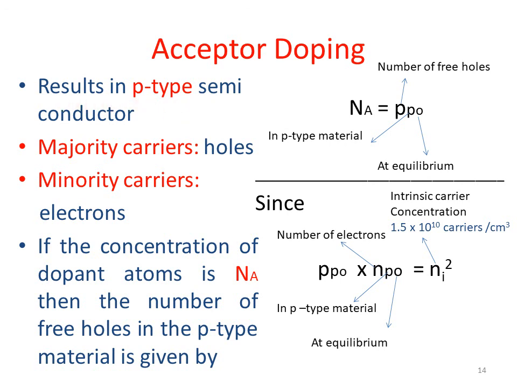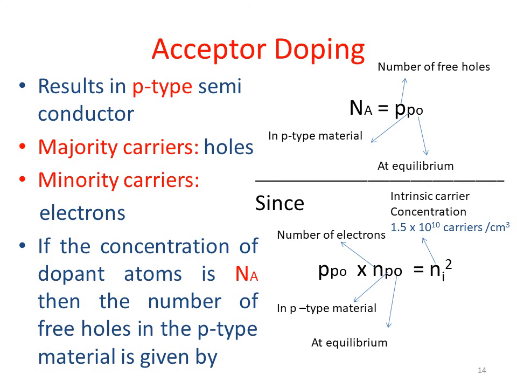We should not forget that before doping, the material contained an equal number of electrons and holes, and here we are adding boron to increase the number of holes. Therefore, holes will be called the majority carriers in the p material, and the electrons will be called the minority carriers in the p material.